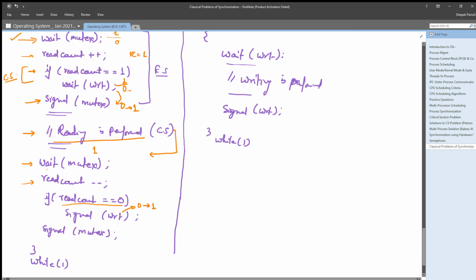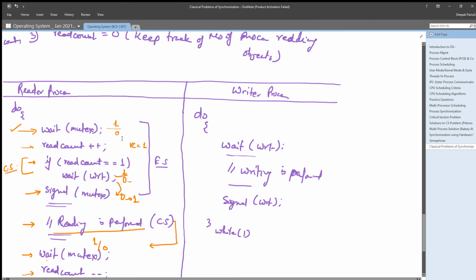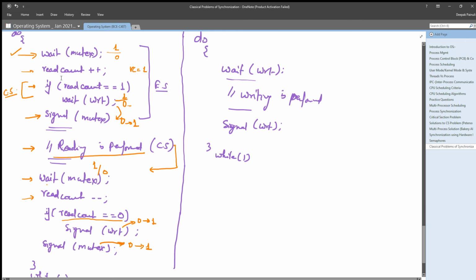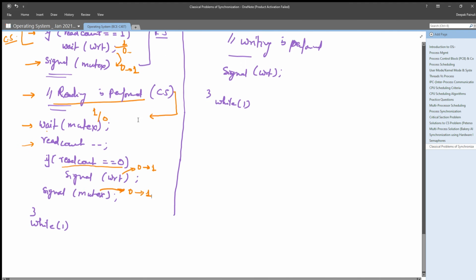After signaling WRT, it will simply signal mutex, which was modified in the exit section by itself only. Now it will change it from 0 to 1, and then it will get out of its code, right? So any reader process, whenever it tries to read the object, will execute these operations, or perform these wait and signal operations on the mutex, read count and WRT semaphore according to this pseudocode, right?